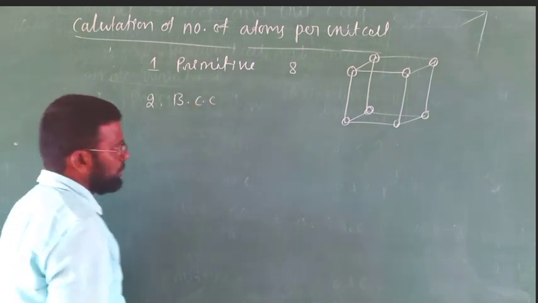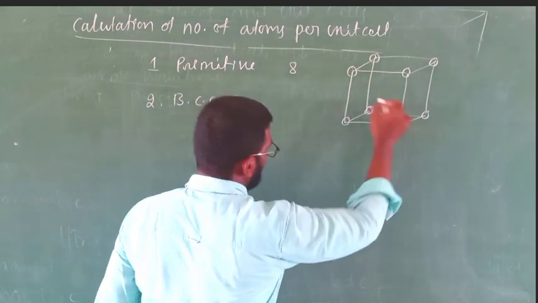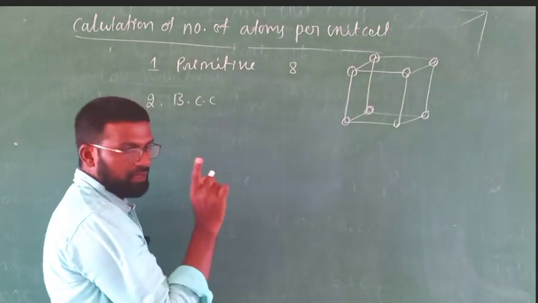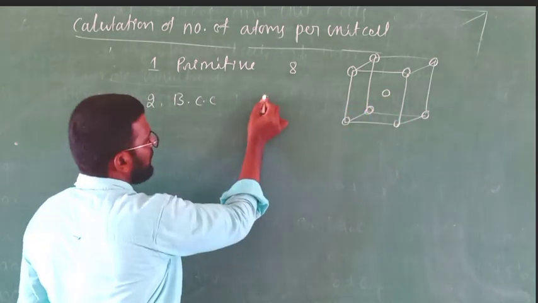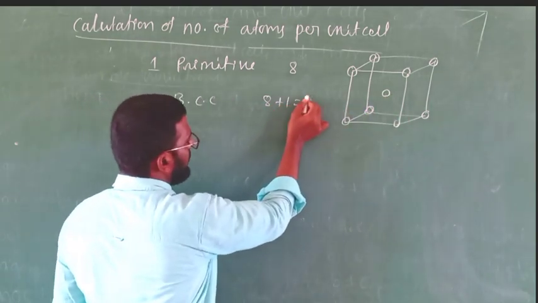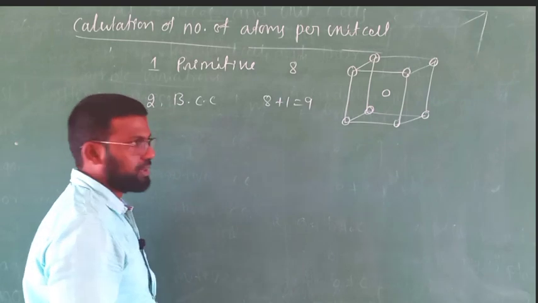In body centered cubic, there will be 8 particles at 8 corners and one more particle at the center of the body. So total 8 plus 1, 9 particles. Right? Next,